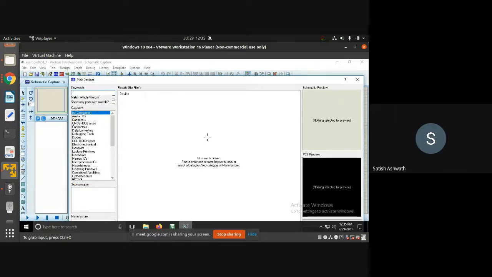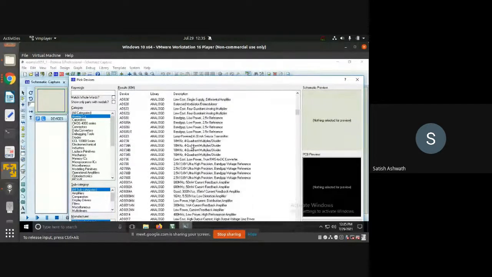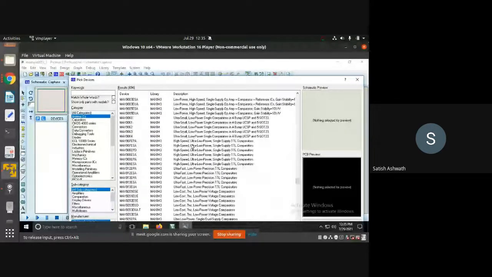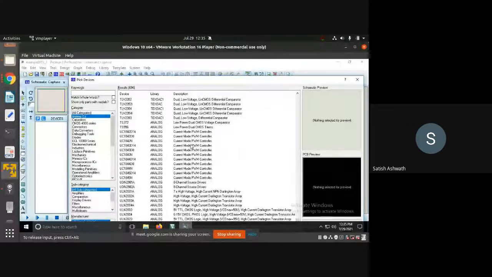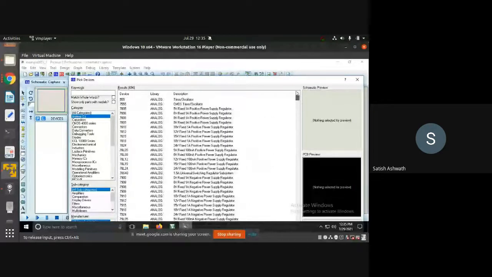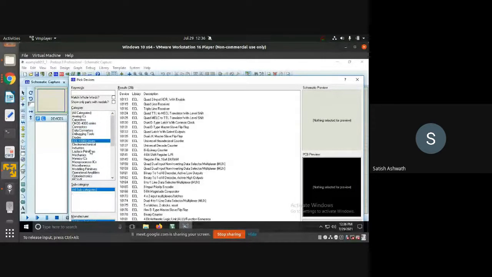Depending on your requirement, the search window will get populated, or you can click on each of these, like analog ICs. If you remember your LD, we had used 7400, 7402, 7432, different ICs. All those ICs are available here. You can pick up any IC you require from here, and you can simulate a simple AND gate if you want. There is a huge number of ICs available here. You can take any one you want and simulate depending on the requirement. If you know the IC number, you can pick it up from here and use it for your hardware. Similarly, there are capacitors, connectors, a lot of things available inside this.